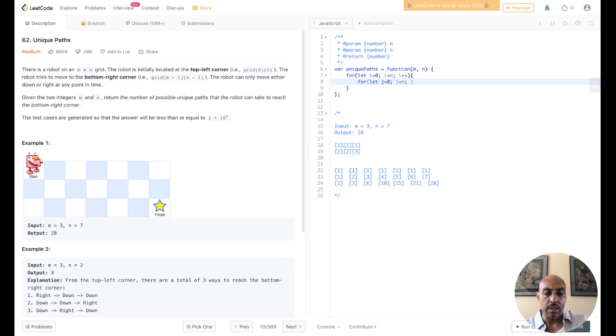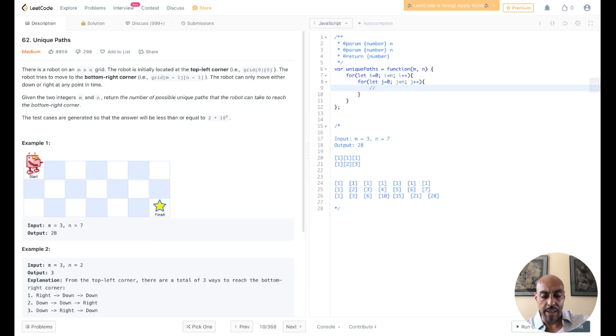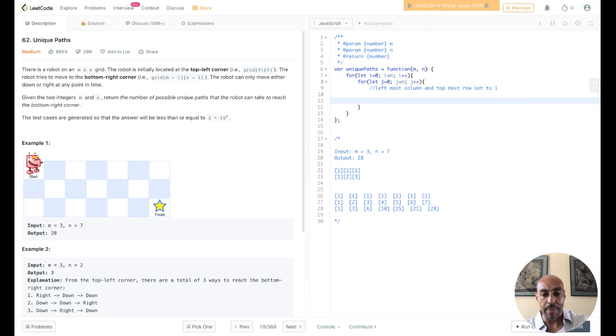Do j plus plus. Now here's the part where we initialize the leftmost column and topmost row to 1, right? So let's see, how do we determine that? We look first at the row, so in this case 0 0, 0 1, 0 2. Okay, so we know that if i is 0,